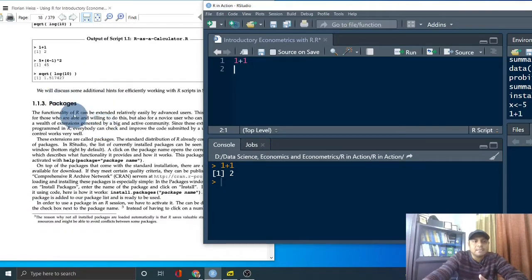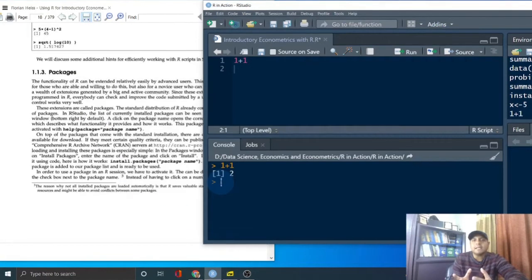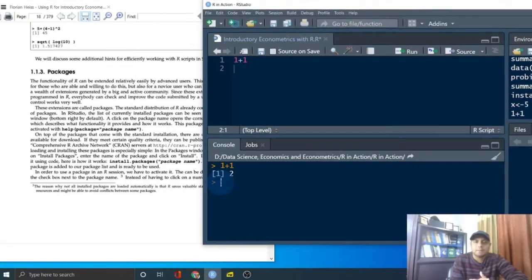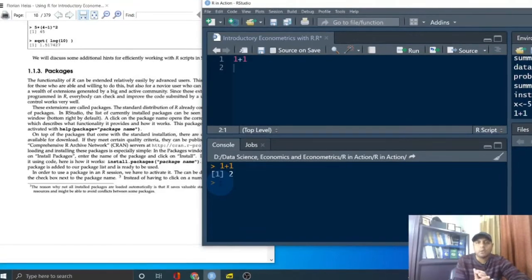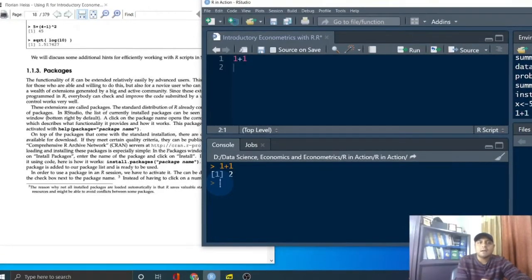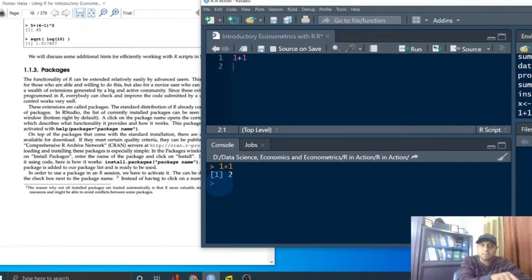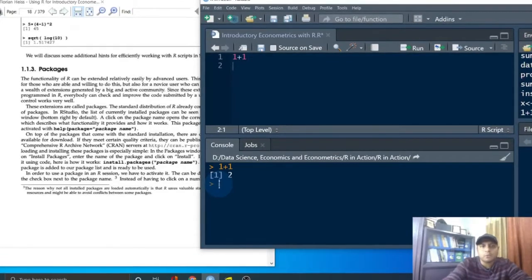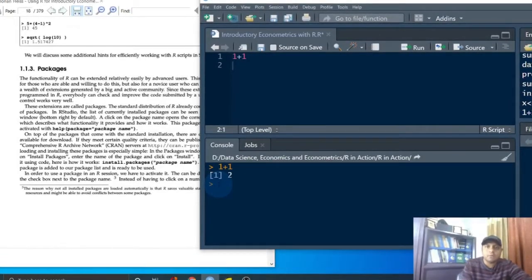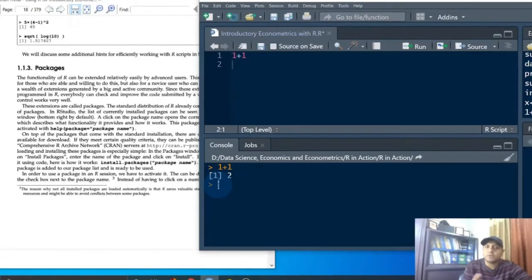So for example, here it says packages. In our case we are using a package called the Aldrich package. Aldrich is a famous book, Introductory Econometrics by Aldrich, and we are going to follow his book. But it's not about his book, it's about the application of his book using the book by Florian Heiss, Using R for Introductory Econometrics.